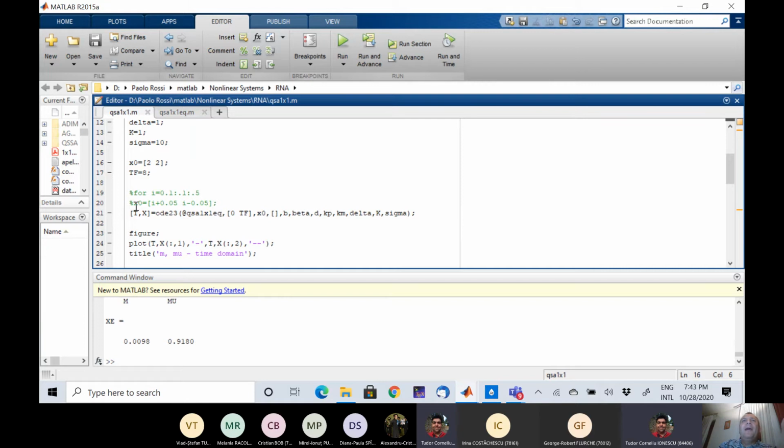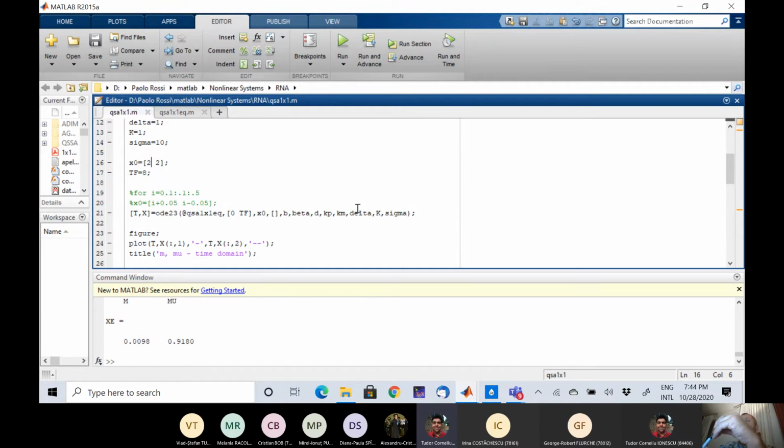I take some initial conditions, look at the results, and plot all these trajectories one near the other. That's possible. So we need the simulation to understand how the system behaves, and this is the first